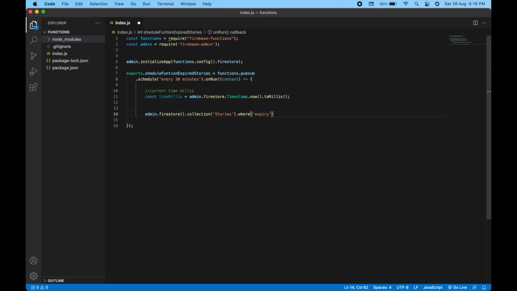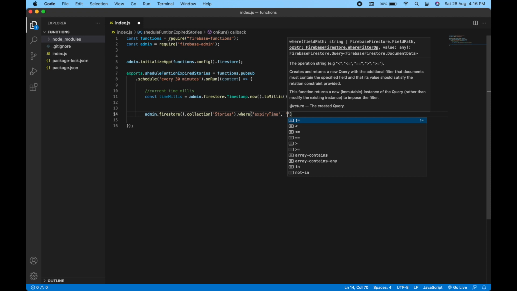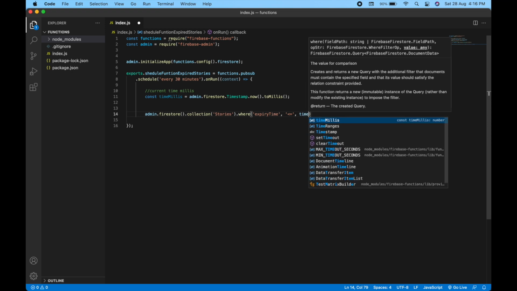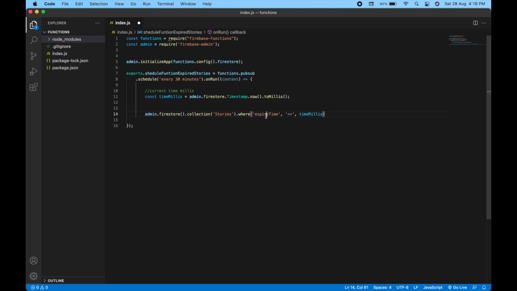The field name expiry time, comma, inside string less than or equal to time millis dot get,